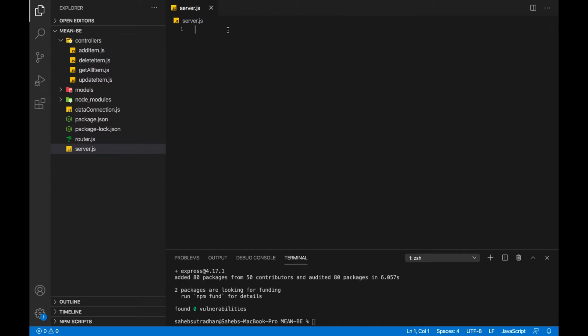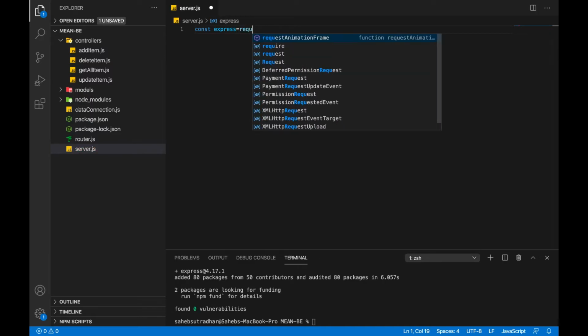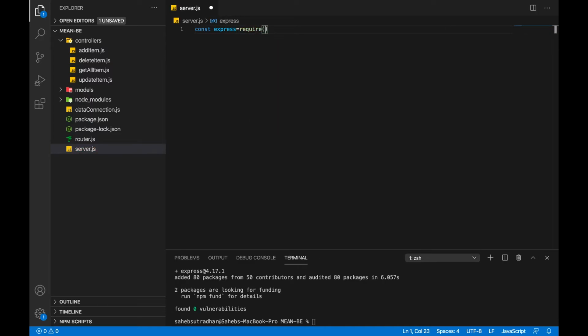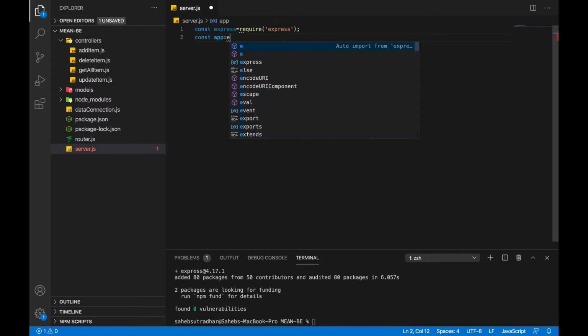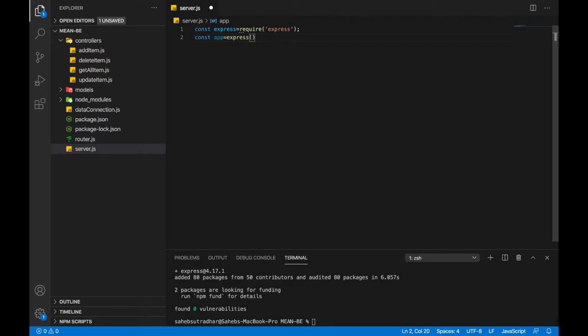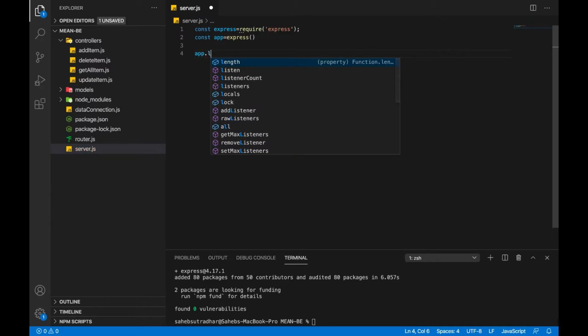First we'll import the Express module. And now just create the app. And our app will listen to some port.